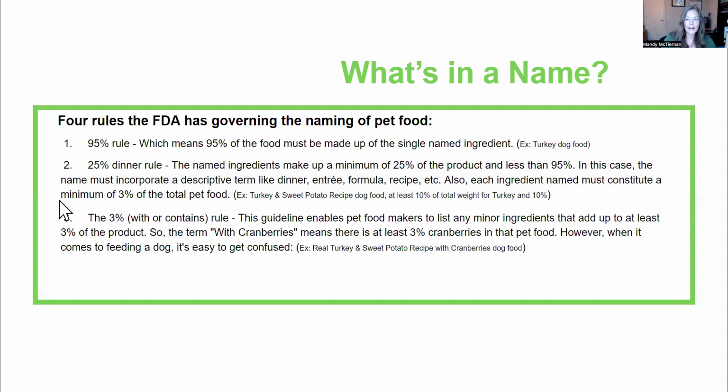Okay, now we have the 3% rule. This one is what's called the "with" rule or the "contains" rule. And here is why. This guideline enables pet food makers to list any minor ingredients that add up to at least 3% of the product. So if you have a pet food with the term "with cranberries," that means there is at least 3% cranberry